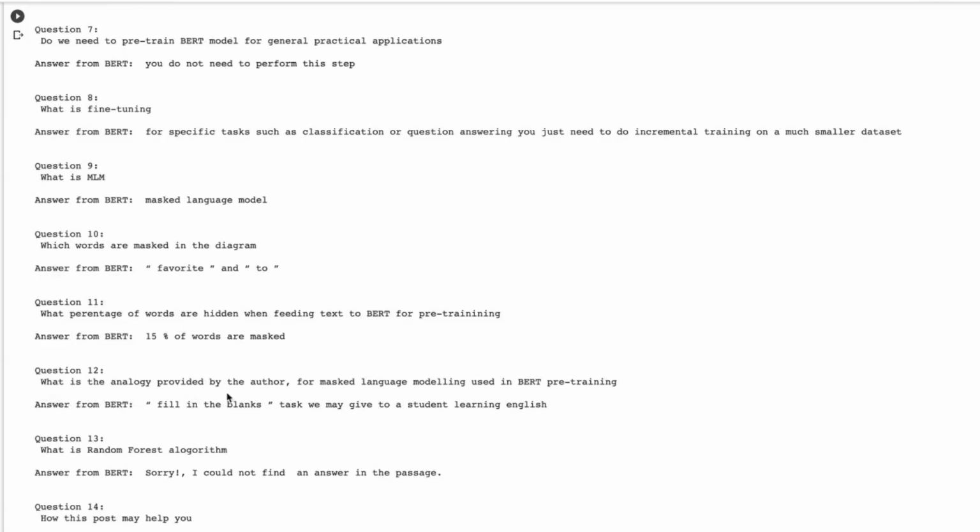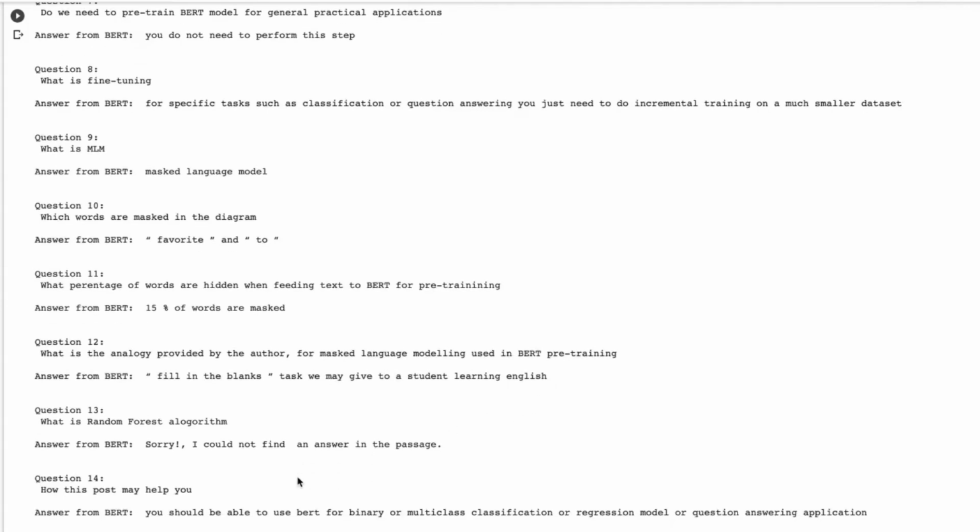Question: what is the analogy provided by the author for masked language modeling used in BERT pre-training? If you read the article, it is covered here. The answer is a fill in the blanks task we may give to a student learning English. So basically masked language modeling is pretty much like fill in the blanks, where you leave some words blank and you fill those words as a part of the learning process.